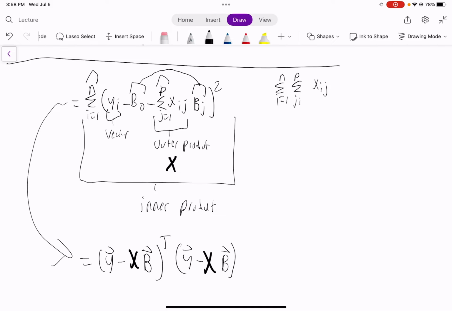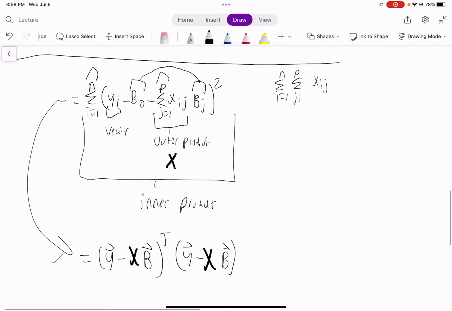I didn't realize that until I did the summation versions of vectors, multiplying vectors, multiplying summations, and stuff like that. So hopefully you found that